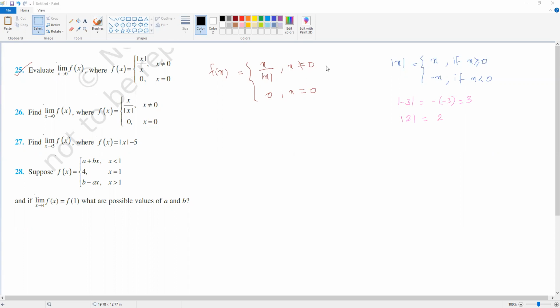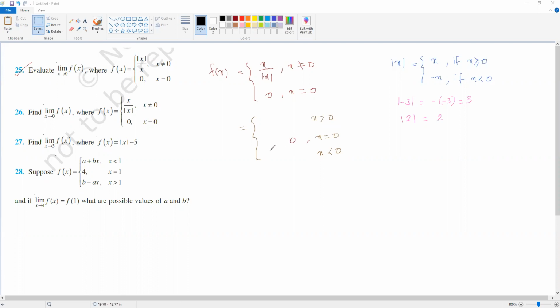So coming back to this, then this is equal to x divided by mod x, देखो, इसमें से तीन केस आते हैं. x not equal to 0 मतलब x greater than 0 हो सकते हैं, x less than 0 हो सकते हैं, and x is equal to 0. ऐसे three situations. x is equal to 0 में already 0 है, it is already given, so there is no tension.